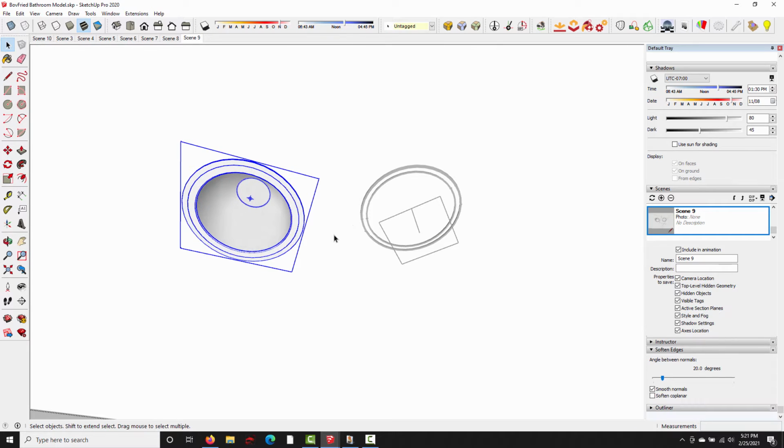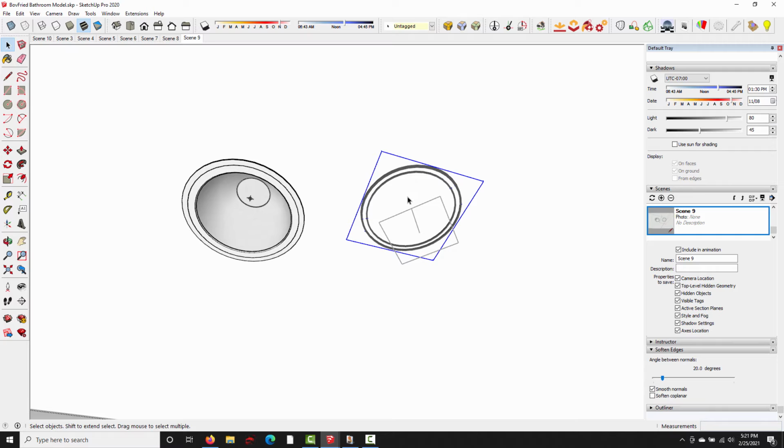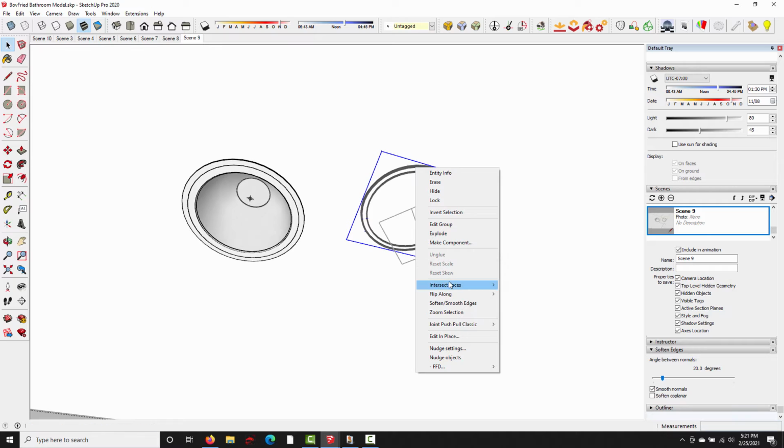So let me show you how we would do that. I want to deselect this and select the other light fixture, and then I'm going to hit Control-X to cut that out of the model. I want to enter the ceiling group, and now we're going to go to Edit, Paste in Place. So now this light is inside the same group as the ceiling, and I'm going to right-click, go to Intersect